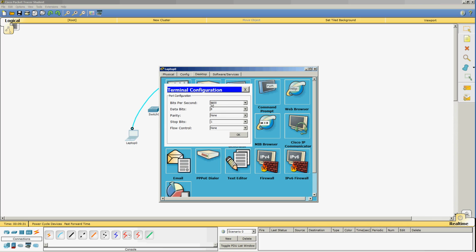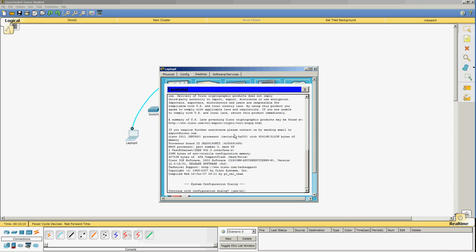The bits per second, 9600, is the number of bits that will be transferred across this cable at one time. Data bits is 8. Remember, we talked about 8 bits makes a byte. Parity means whether or not the information will be checked or not checked. We put none on that. Stop bits is 1. That's just a signal saying that command is finished. And flow control, we have none. Main thing you need to know about this is the 9600 is something called the baud rate, which is the bits per second. So you hit OK there, and then as you see, you can access the console now.